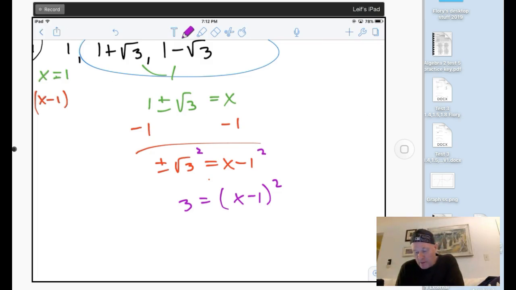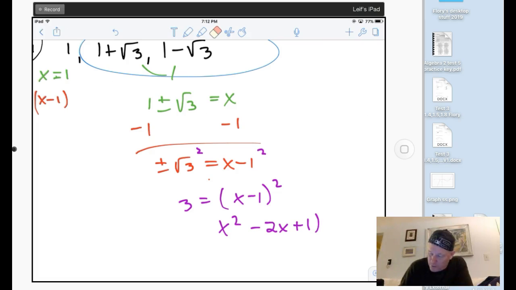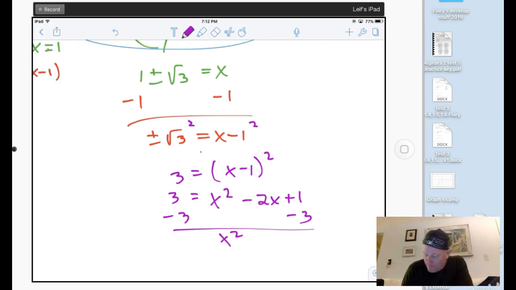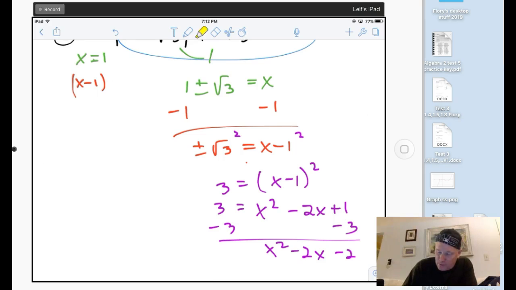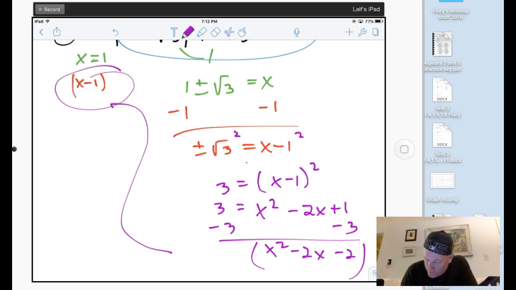And then, if I FOIL this out, I get x squared minus 2x plus 1 equals 3. And then subtract 3 from both sides. I'll get this x squared minus 2x minus 2, okay? And then I've got this leftover x minus 1 here that I need to multiply this times, okay? And this is going to give me my final answer,